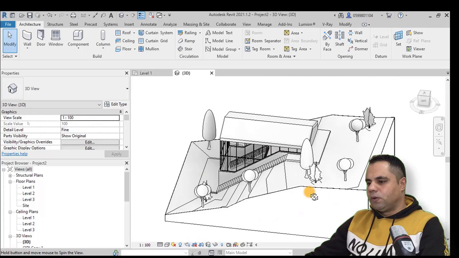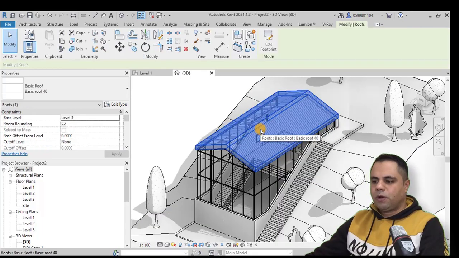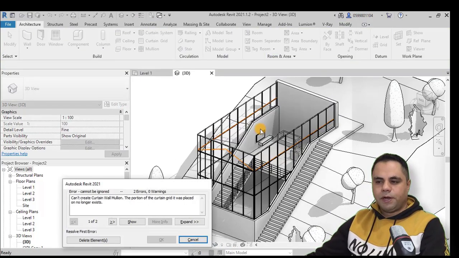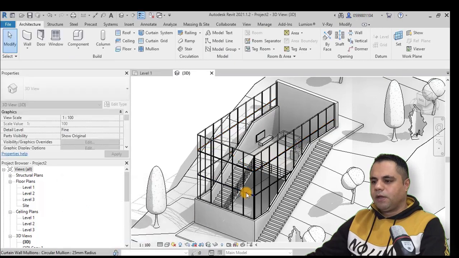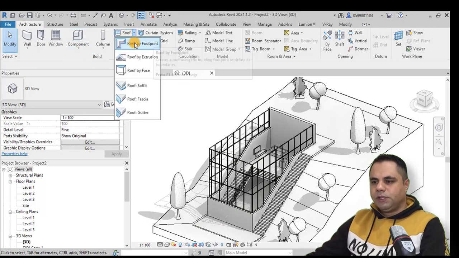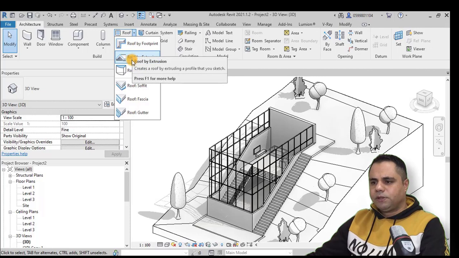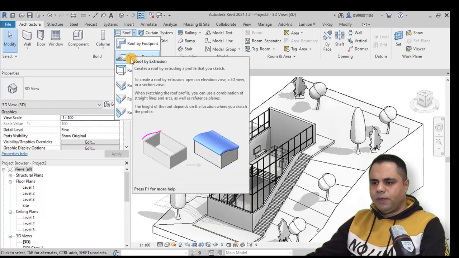But now let's create, maybe I'm going to delete this one, to see the other type of roof in Revit, which is the roof by extrusion. So I am going to go to Architecture, and then I will go to Roof, and as you see we have selected this, which is the roof by footprint. But the roof by extrusion, if I wait here, you can see that from the video or the picture